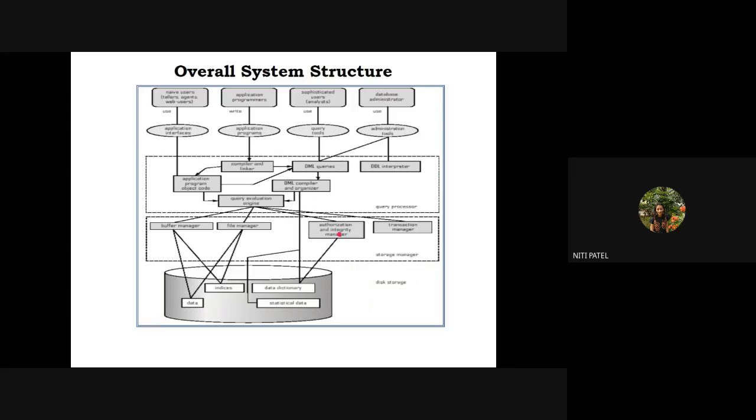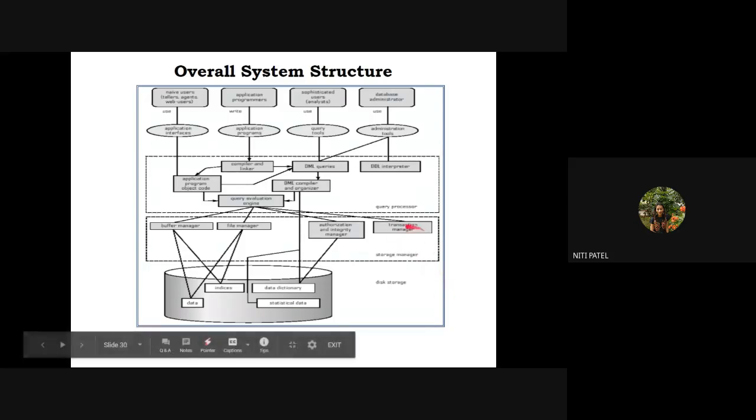Okay. Last is the transaction manager. What does this transaction manager do? It will keep on checking whether the data is consistent all over or not. If you remember, I had told you one thing. In the file system, there was no consistency. Data was changing in one place, while in 2 other places the data was not changing at all. But what was happening in a database management system? If the data has changed in one place, it is the responsibility that in all the other places, wherever the same data is stored, it has to be changed there also. So who is going to keep track of whether the data is consistent or not? It will be done by this transaction manager.